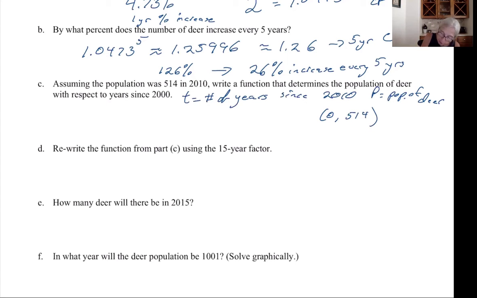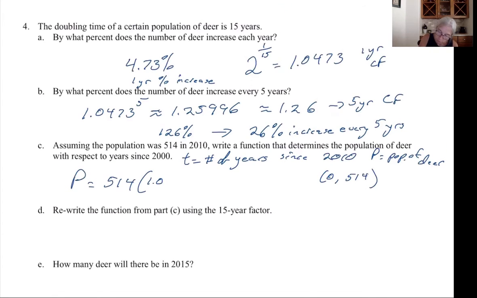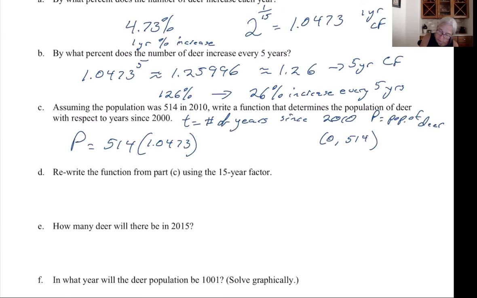So that means that my population, I start at 514 and I multiply by my 1 unit change factor, 1.0473 T times. So if I was looking for the year 2011,